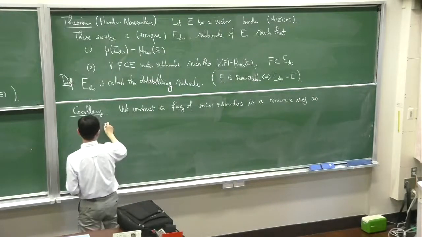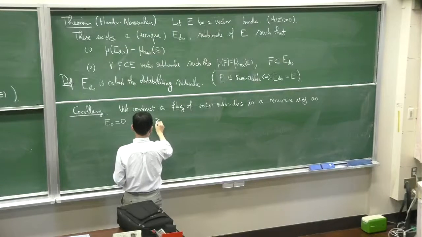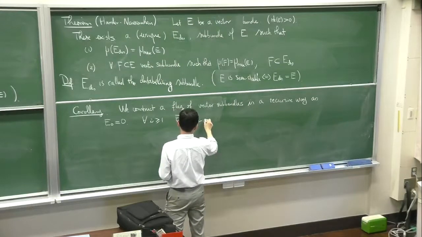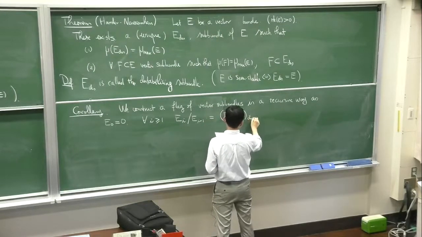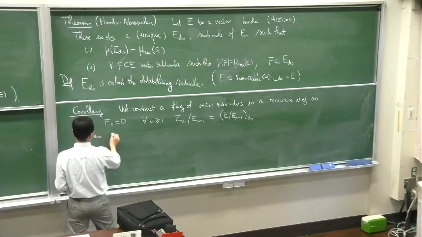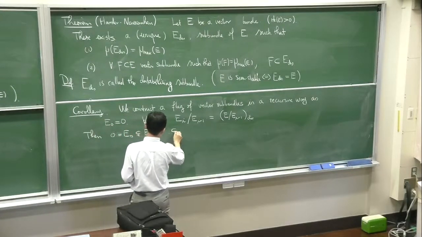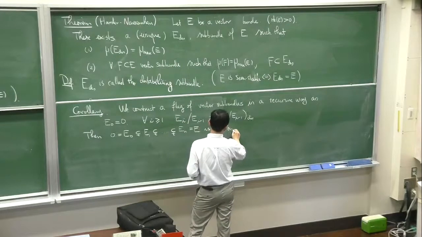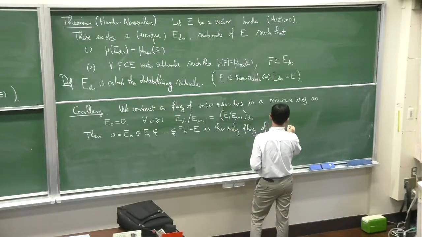You take E_0 equal to 0, and then for i at least 1, E_i over E_{i-1} is given by the destabilizing vector subbundle of E over E_{i-1}. And it is the only flag of vector subbundles of E